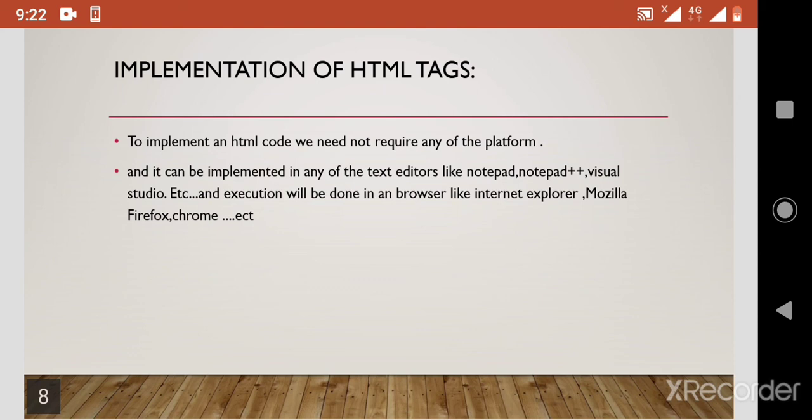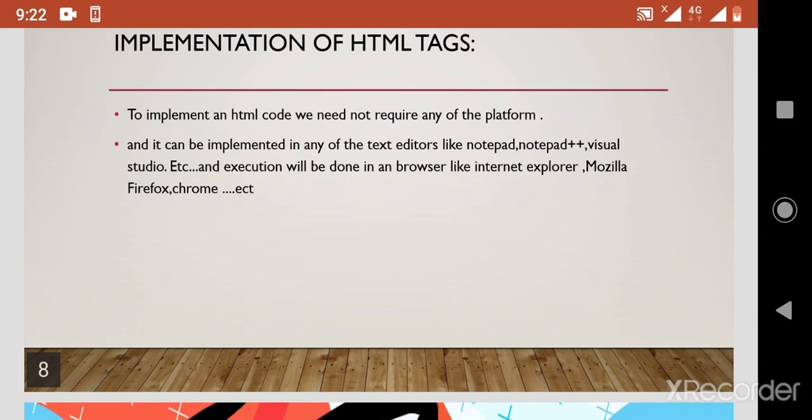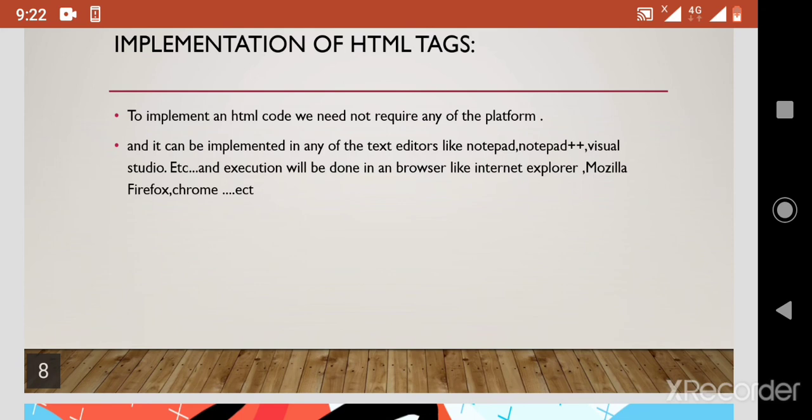It can be easily implemented in our basic text editors like Notepad++, Visual Studio, etc. And these can be executed by browsers like Internet Explorer, Mozilla Firefox, etc. I think, friends, it is a very easy language compared to other coding languages, and it can be implemented very easily.